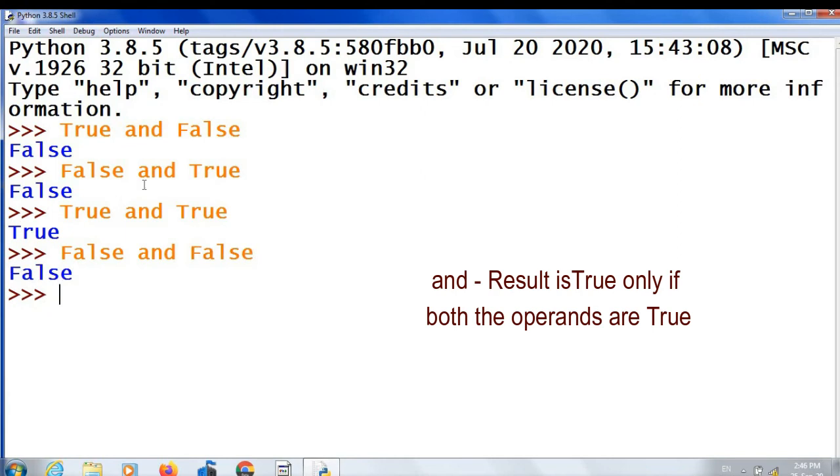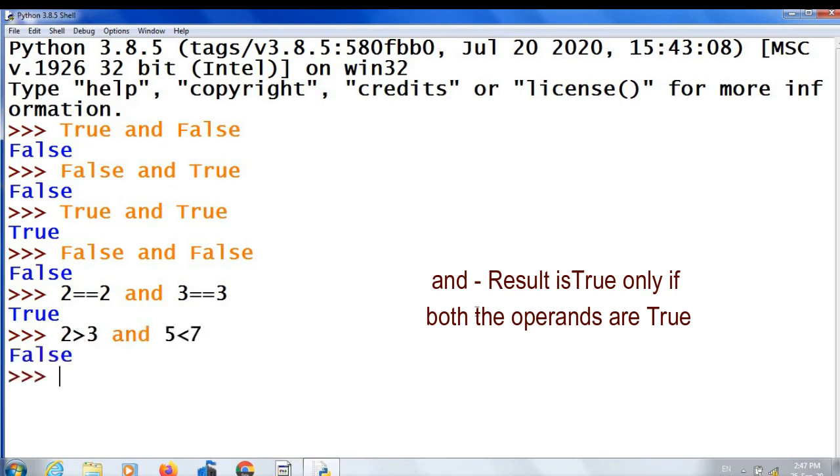We will see some examples with relational operators. 2 equal to 2 and 3 equal to 3. The result is true. That is, 2 equal to 2 results true and also 3 equal to 3 results true. 2 greater than 3 and 5 less than 7. Result is false. Even though 5 less than 7 evaluates to true, 2 greater than 3 evaluates to false.